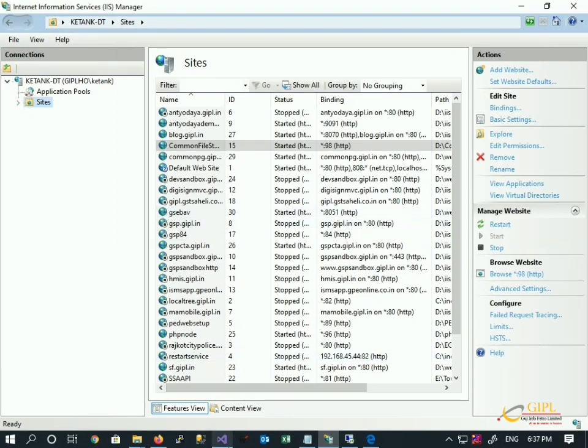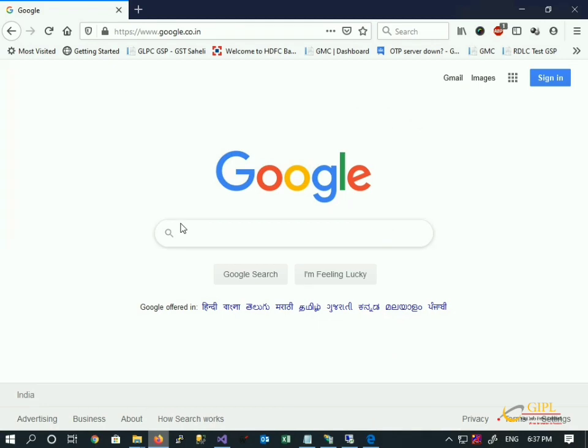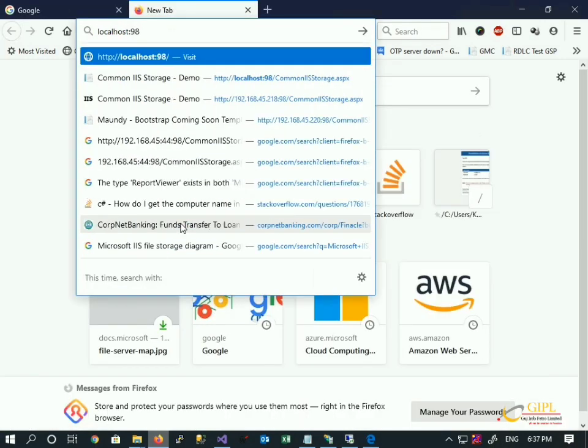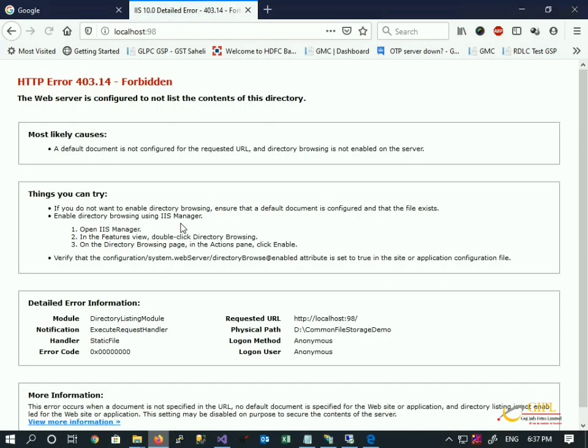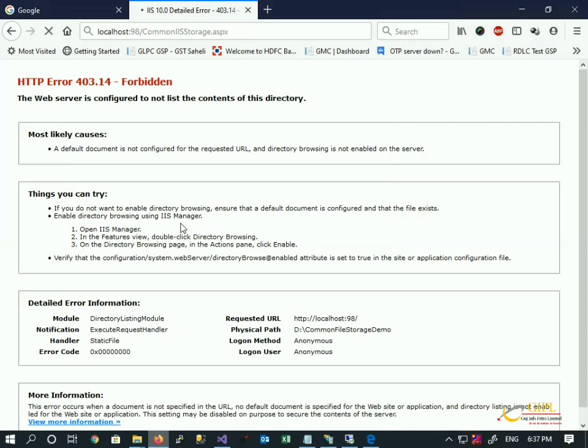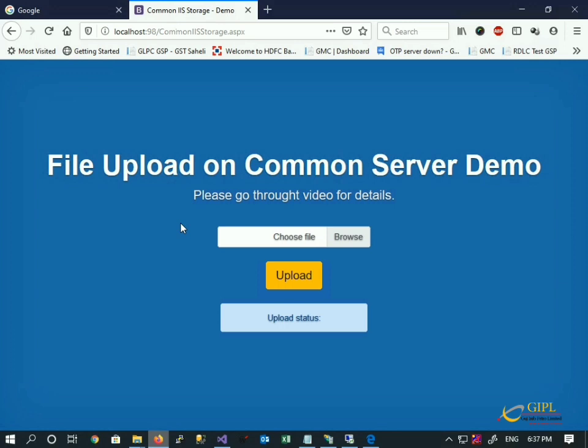The website gets hosted. Now when I access this website using the port, it gives me a 403 error because no default page is set. Otherwise, I can access it via page name also. So this is the code I have hosted on my local IIS.